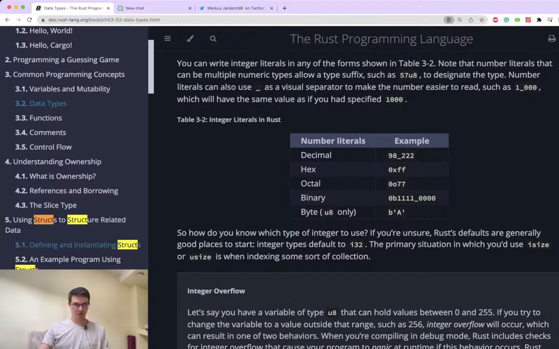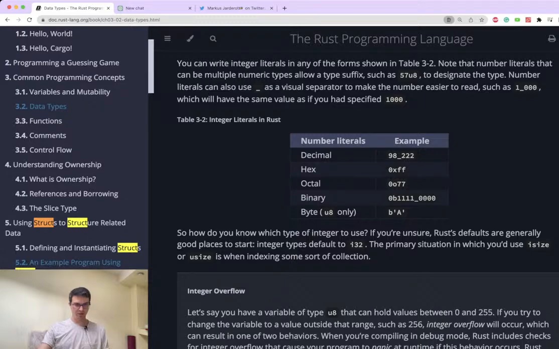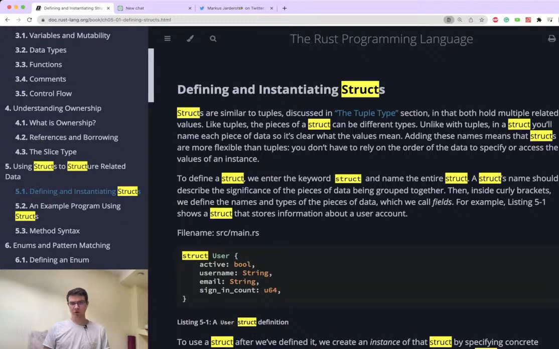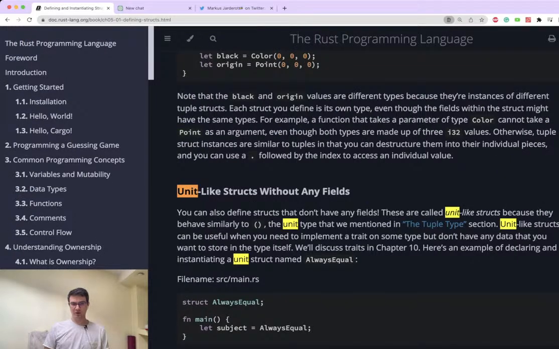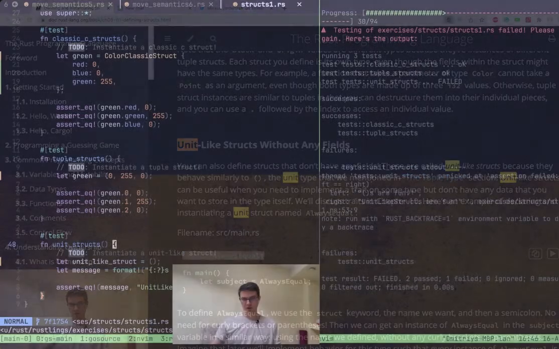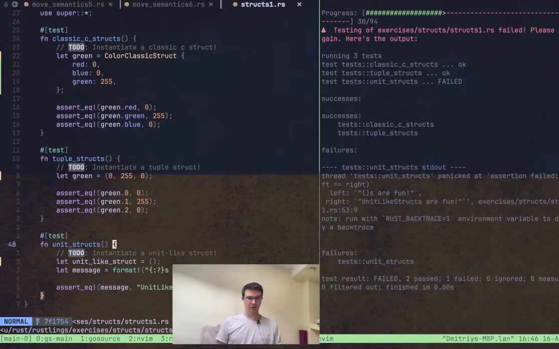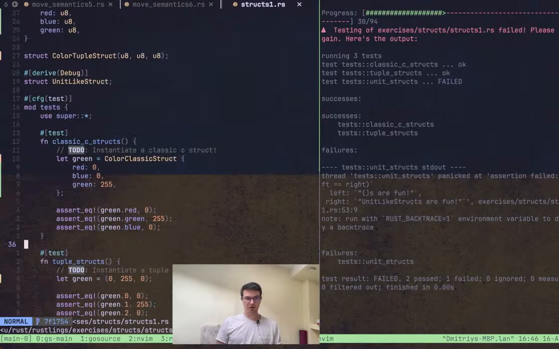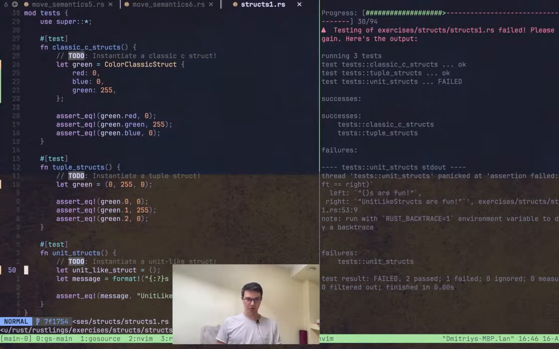Okay, structs, defining structs and unit-like structs. Okay, yeah, this is something I was thinking about. Oh, we already have it. I missed just this one. So we just need to do